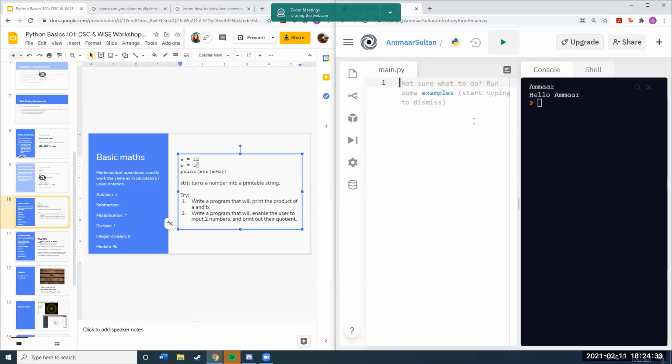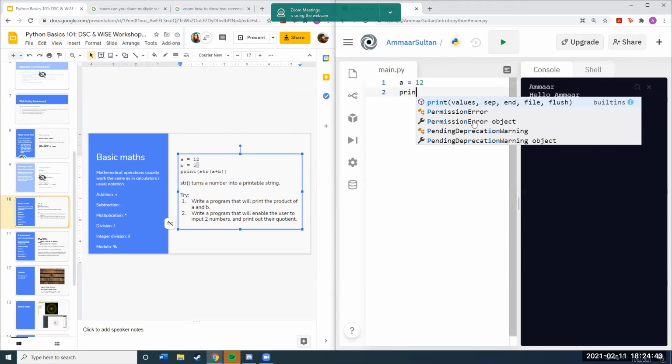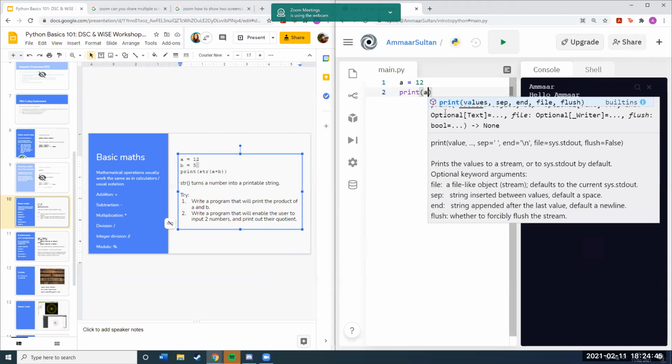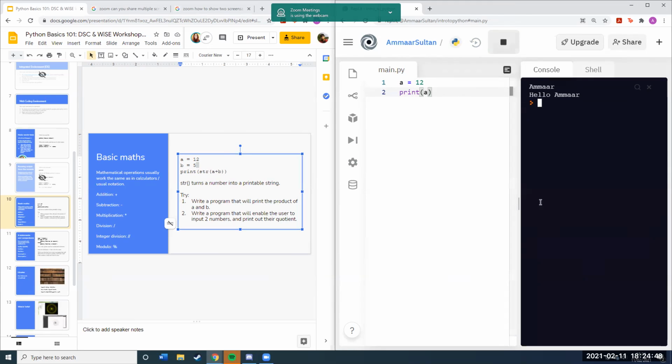We can set the variables. A = 12. All I'm telling the computer here is that the variable A, just something that stores data, is equal to 12. So now, if I ask it to print A, what it should do is just tell me 12. It's just showing that A contains 12. Then if I also say B = 5, just like in that slide, we now have two variables. A is 12, B is 5. It's just data that's being stored inside that box.